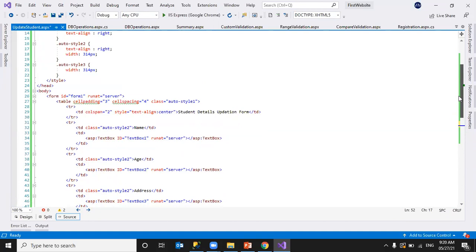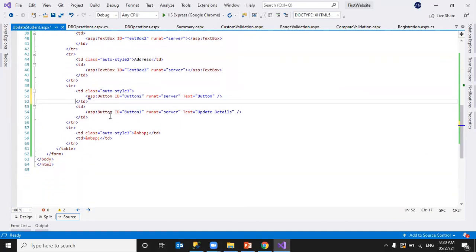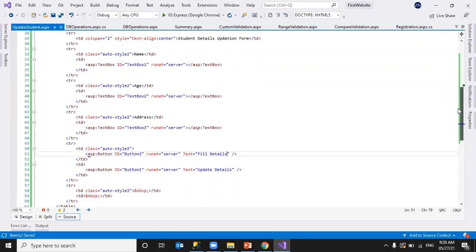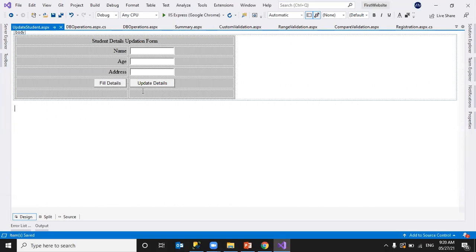Okay, looks like it got updated with text align right. No problem. Button. I'm just naming it as fill details. Style 3, text align right. Okay. I'll make it style 2. So this way,